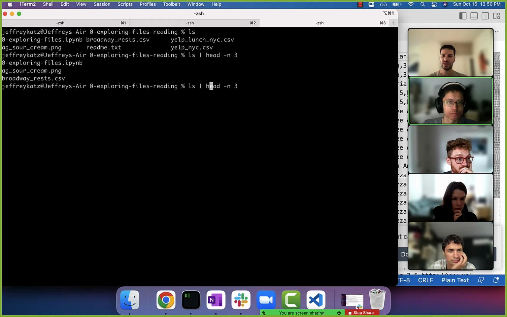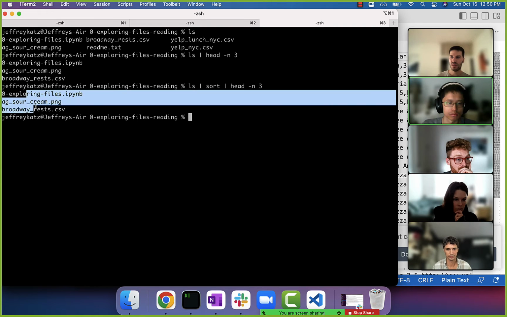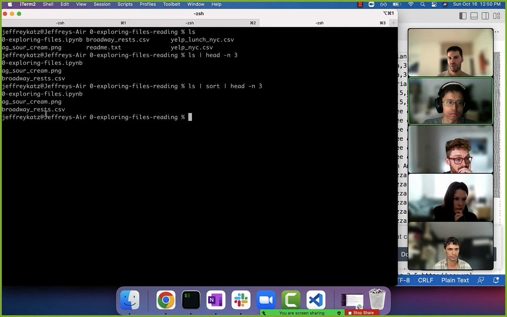So we can do ls and then sort the contents of ls and then just show the first few results, right? And now you can see that, I guess they always were in alphabetical order, but here you can see we did that again. And then we said instead of piping, which was spitting out to standard output, we can redirect the